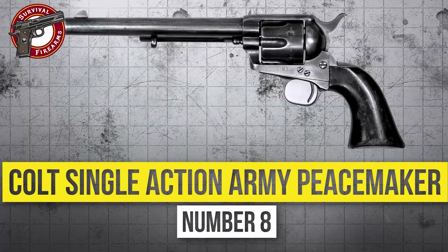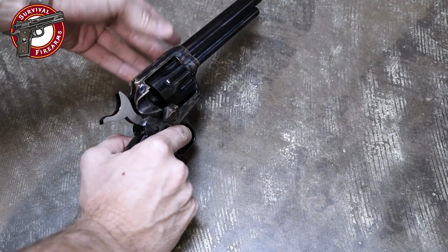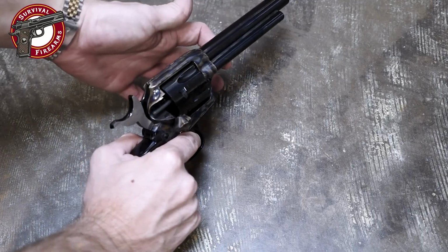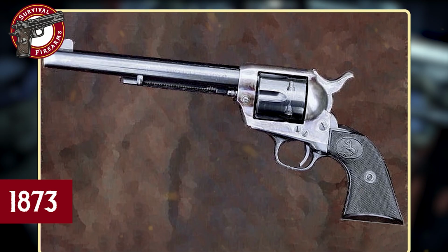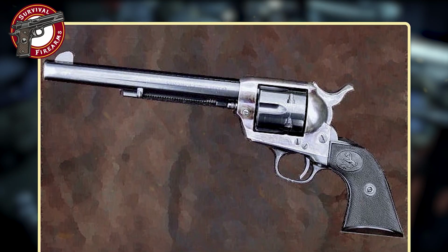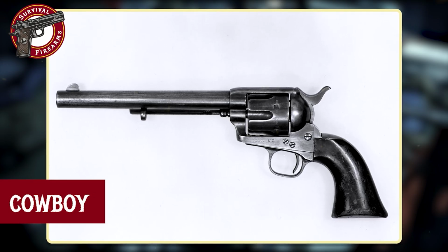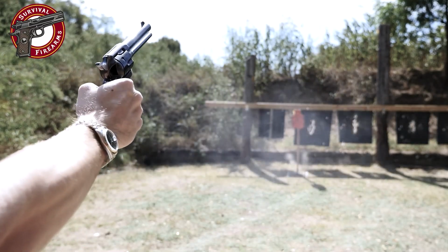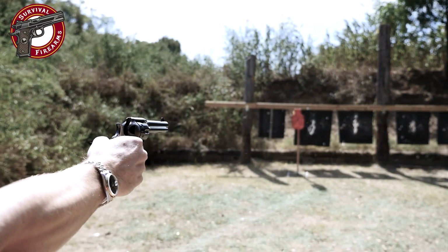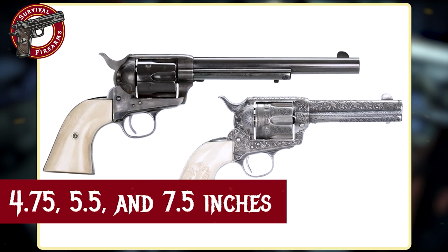Number 8. Colt Single Action Army Peacemaker. The Colt Single Action Army, nicknamed the Peacemaker, is a true icon of the American West. First introduced in 1873, it was originally designed for the U.S. Army and quickly earned a legendary status among lawmen, outlaws, and cowboys alike. Chambered in .45 Colt, this revolver features a 6-round capacity and was offered in various barrel lengths, including 4.75, 5.5,